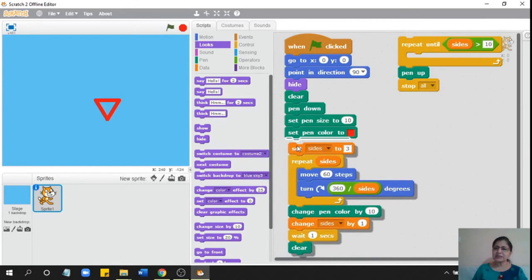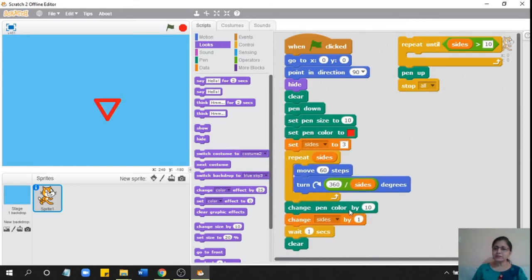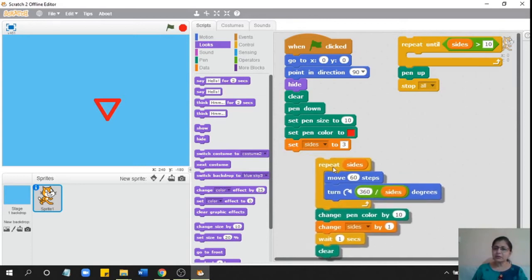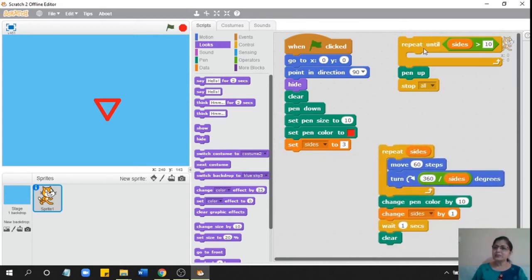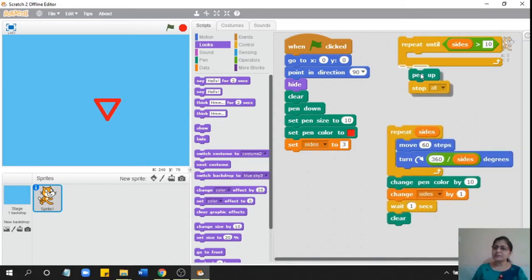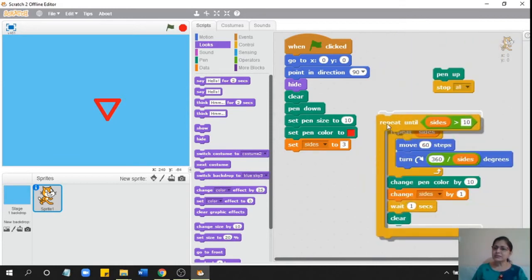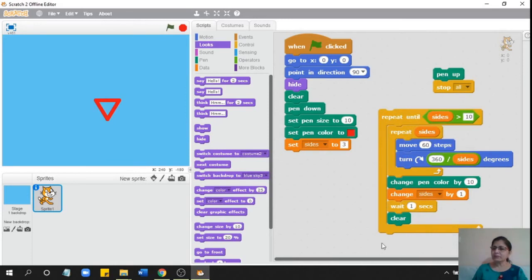I must increase the number of sides by 1. So it was 3. So now it will become 4 and it will now draw a 4-sided figure, then 5-sided, 6-sided and so on. But it will not do this unless there is one more repeat here. So this whole thing has to be under one more repeat.